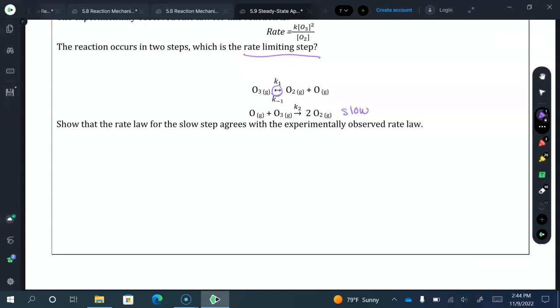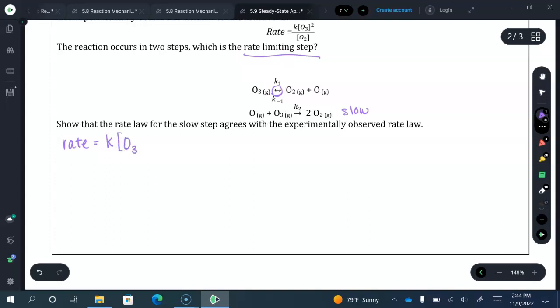So we would say that the rate of K O3, right? If this was the slow step, it would be mirrored directly to this,